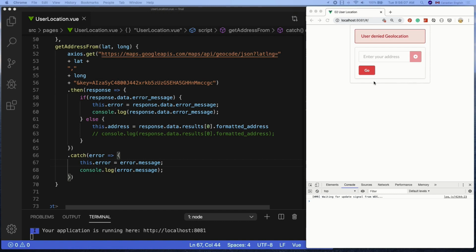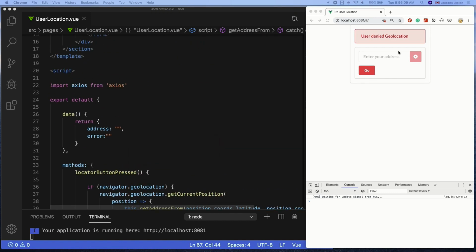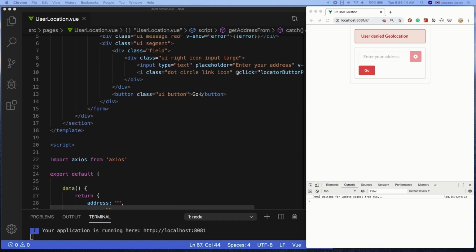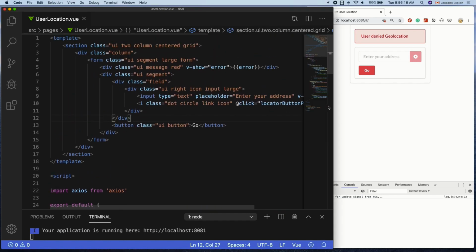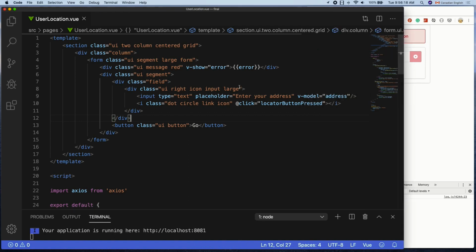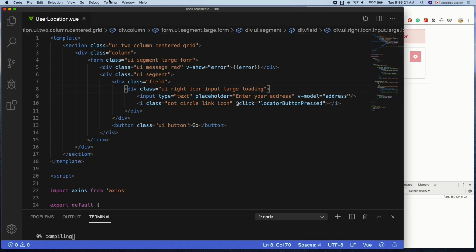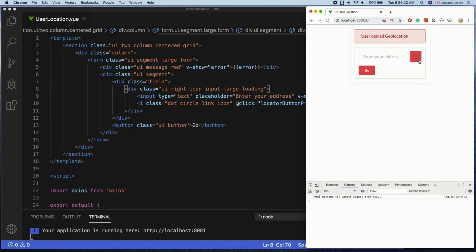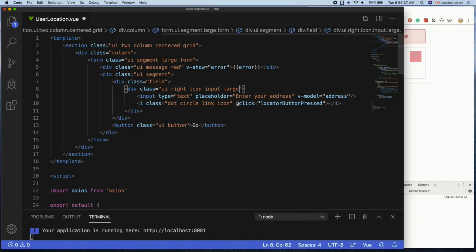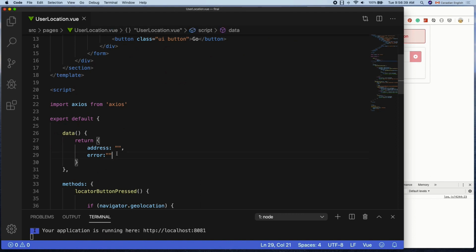Luckily, we can add a spinner animation quickly on the right side of the input field using a Semantic UI class called loading. Let's take a look at how to implement that. Inside the input container, I'm going to add loading class along with other classes. And you can see the spinner inside the locator button. What I want to do is to add this loading class dynamically whenever there is a delay in getting the user location. So first, I'm going to get rid of the loading class from the input container,